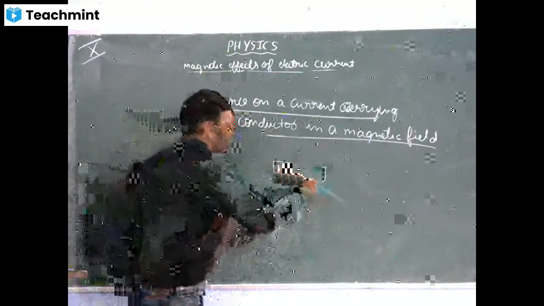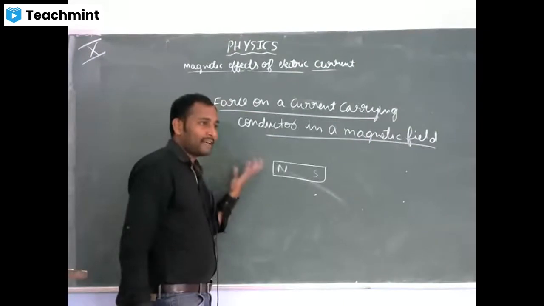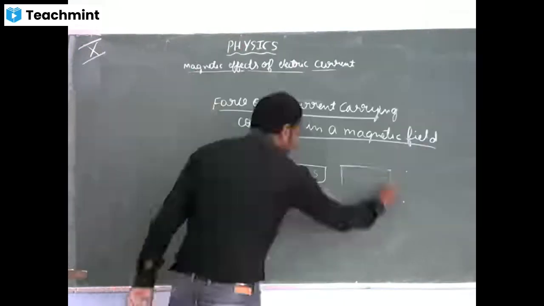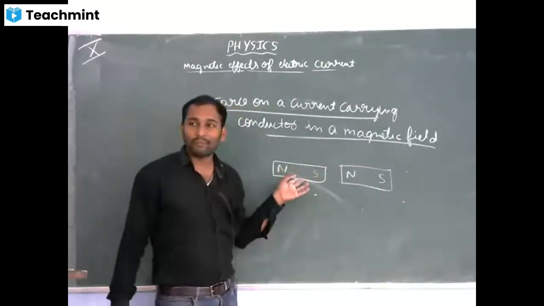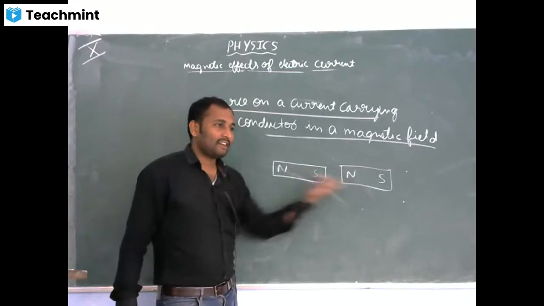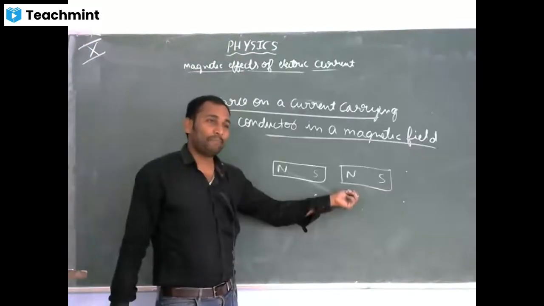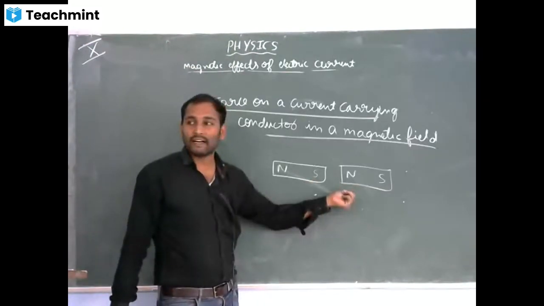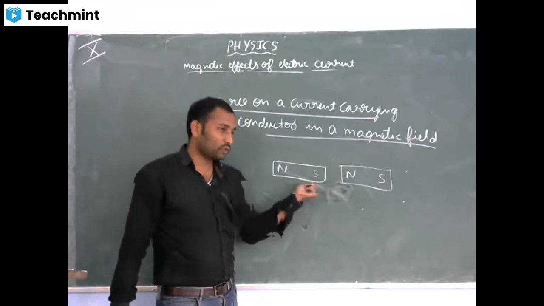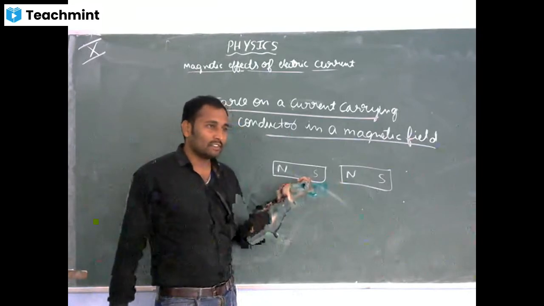This is North Pole, this is South Pole. This is my magnet. Now Vasant Reddy will come. Sir, I have also a magnet. He will bring his magnet. So this is North and South. You know, in the case of a bar magnet, like poles will attract each other? Never. Only a boy and a girl will attract. Boy will never attract. In the same way, like poles will repel each other, unlike poles will attract each other. So north and south will attract, right?